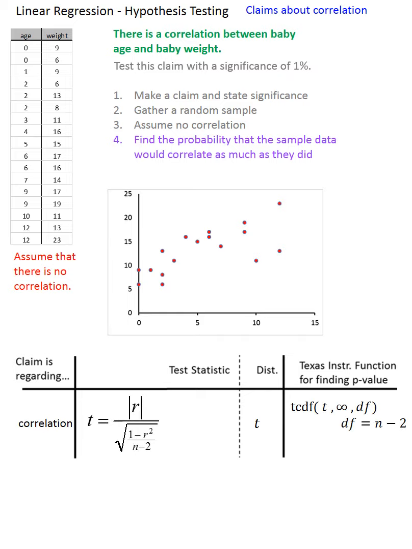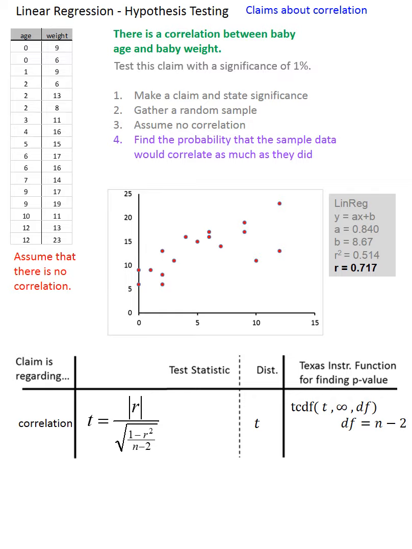So we'll do the same as before. We'll use all the statistical tools that we have to test this claim using the t-distribution. But in order to do that, again, we need the correlation coefficient for this particular sample. Well, typing the two lists of age and weight into your calculator, or whatever software you happen to be using, should give you a correlation coefficient of 0.717, which is pretty close to 1, which is the highest a correlation coefficient can be. So already it looks good to assert that there is a correlation between age and weight,